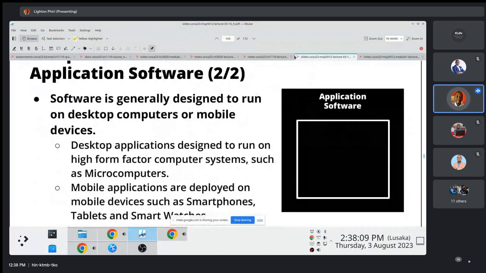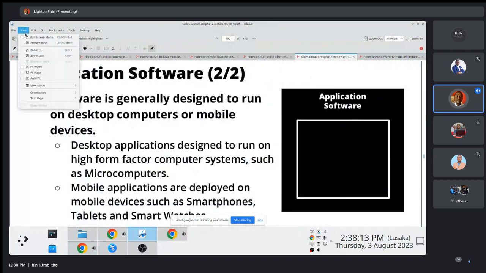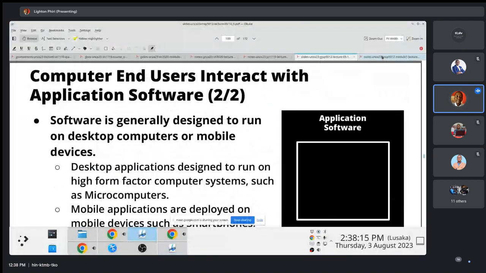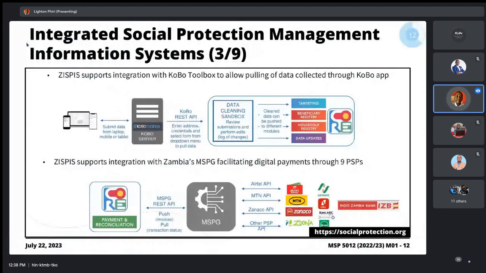Application software, right. One of the things we had discussed, if you remember, is that a system like this ZSPIS management information system has different components. There's a component here where we can see microcomputers: a phone, a tablet, and a laptop. These microcomputers are used to collect data.